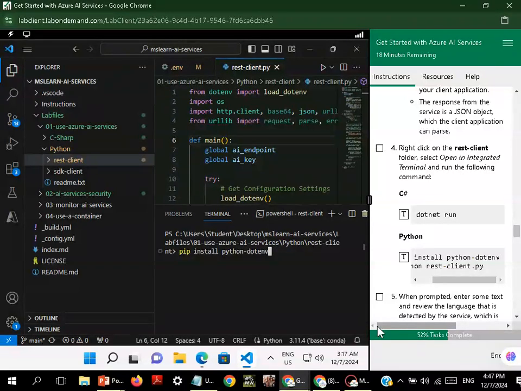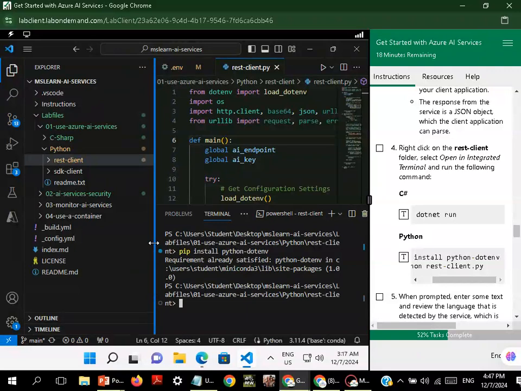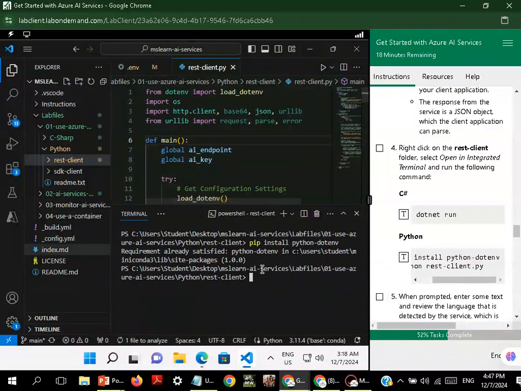Okay, now click enter. Once you have entered it, it will try to install all the basic requirements needed to run your project. This we call dependencies. So once this dependency has been installed,